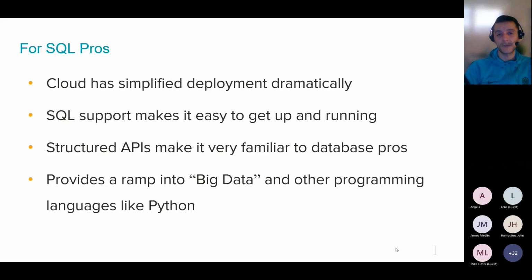Now in the cloud, it's really made the deployment of Spark really easy. So to me, that's an incentive for A, people to learn it, and B, for companies to adopt it too, right? It's a lot easier to get going. The SQL support that it has makes it really easy to get up and running if all you know is SQL. Another little note here, not there on the slide, is I also feel Python is a pretty easy language